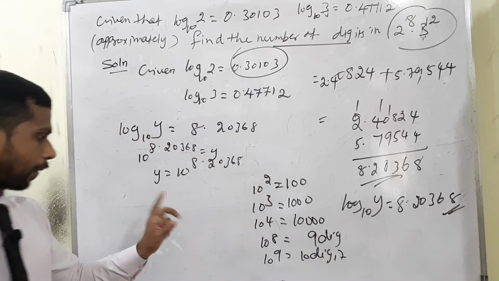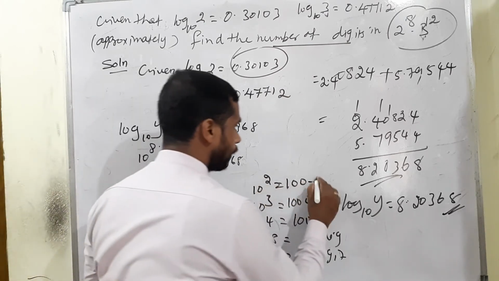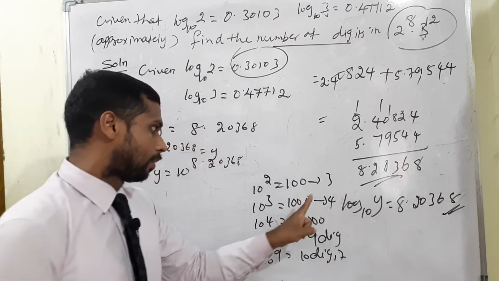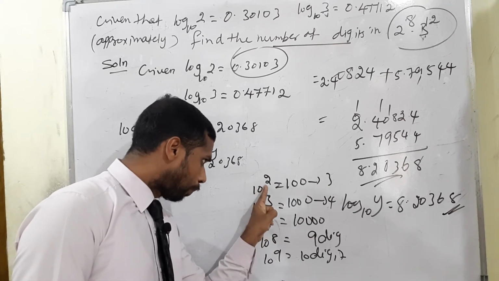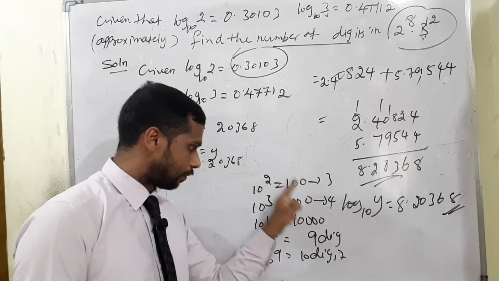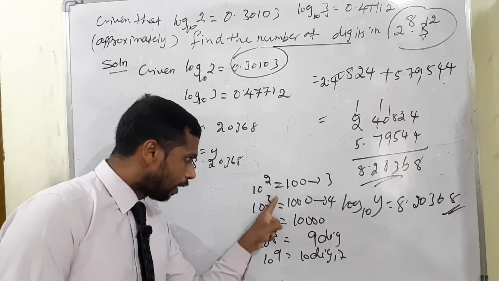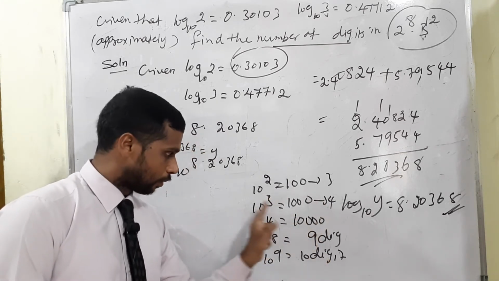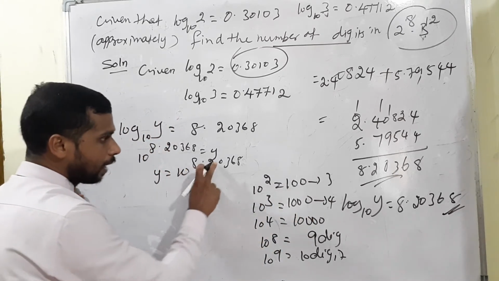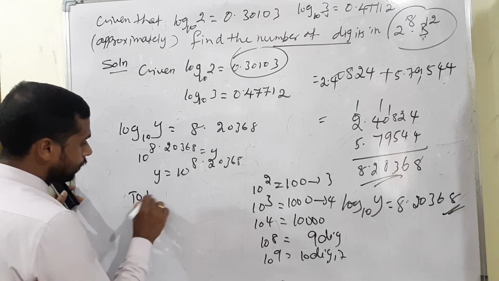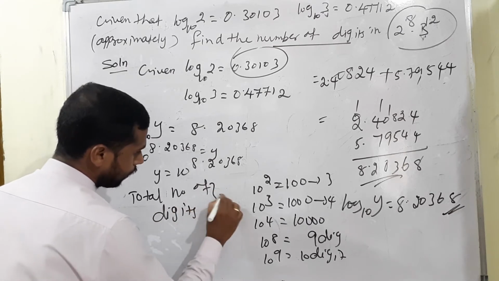So what I am saying is, the number of digits changes when the power changes from 2 to 3: this is 3 digits, that is 4 digits. When it changes from 3 to 4, the power value changes. So 2.99 something also we will get only 3 digits. When the power is 3, we will get 4 digits. Look at 10 power 3 and 4 also: 3 means 4 digits, 4 means 5 digits. So 3.99 also we will get up to 4 digits only. So here also we have the answer 10 power 8 point something. Therefore, the total number of digits is equal to 9.